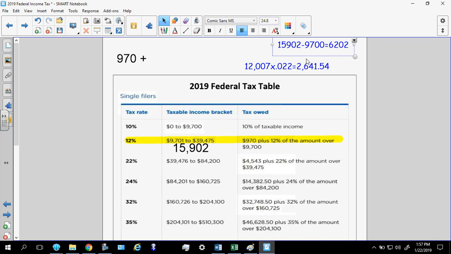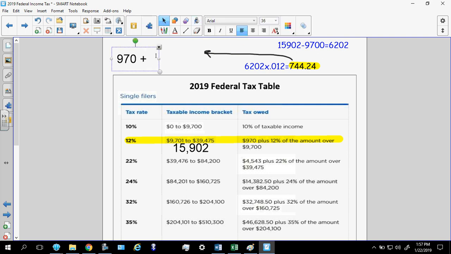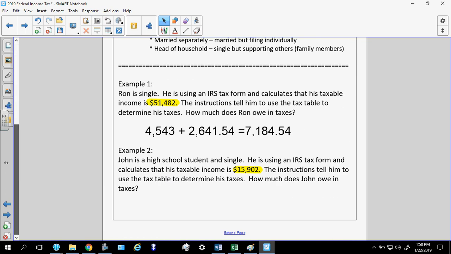6,202. And then I'm going to multiply 6,202 times not 22%, but 12%. And when I do that, I get $744.24. All right, so I'm then going to take this amount, which is right here, and I'm going to add it to my base of 970. So $744.24. All right, so with that being said, answering this question here,